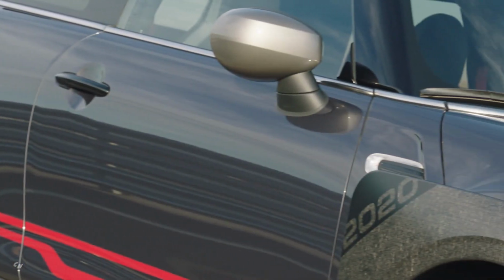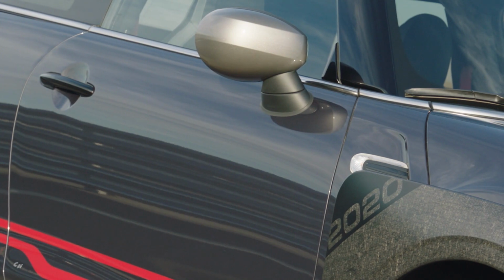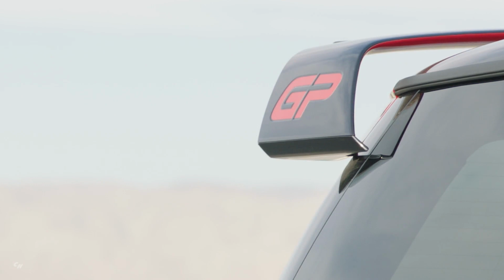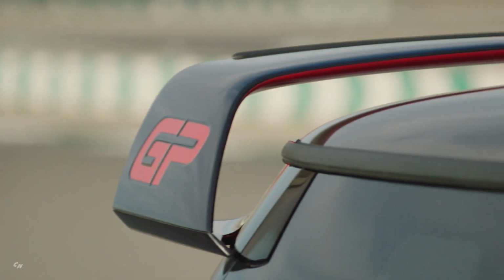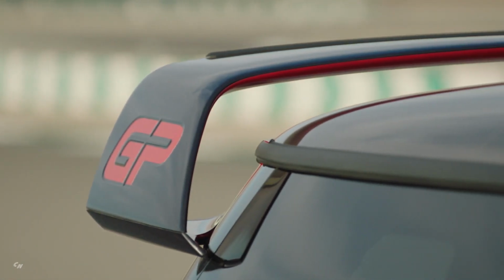A cross member on the hexagonal radiator grille, the inserts in the lower air intake, and the inside of the roof spoiler are finished in high-gloss Chili Red. Meanwhile, the GP logos on the front and rear, the outer sides of the roof spoiler and the door sill finishers, as well as the foils above the side skirts, are finished with a stylized GP in Rosso Red metallic